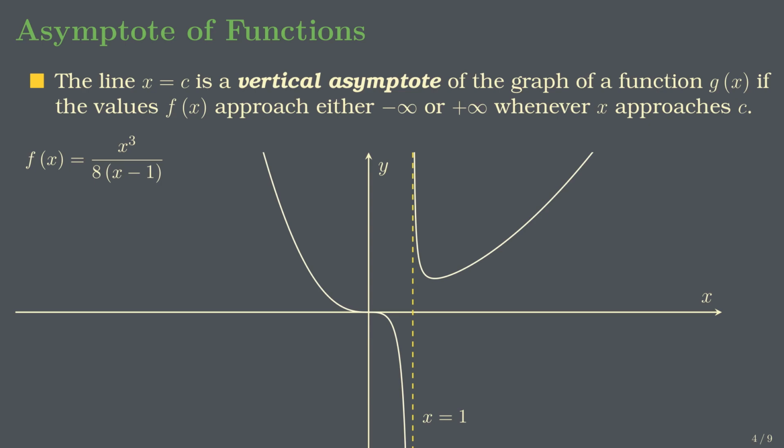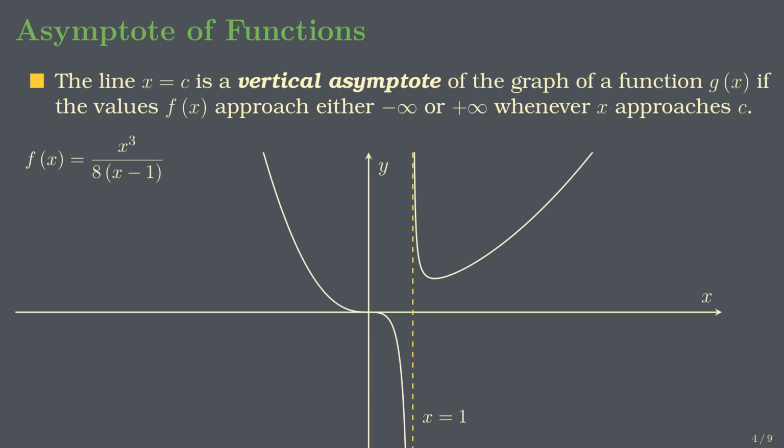This can be easily explained: if x approaches the vertical line x equal 1 from the left, meaning that x gets closer and closer to 1 but is always less than 1, then the difference x minus 1 is always negative, right? While x is positive. So the quotient gets closer and closer to